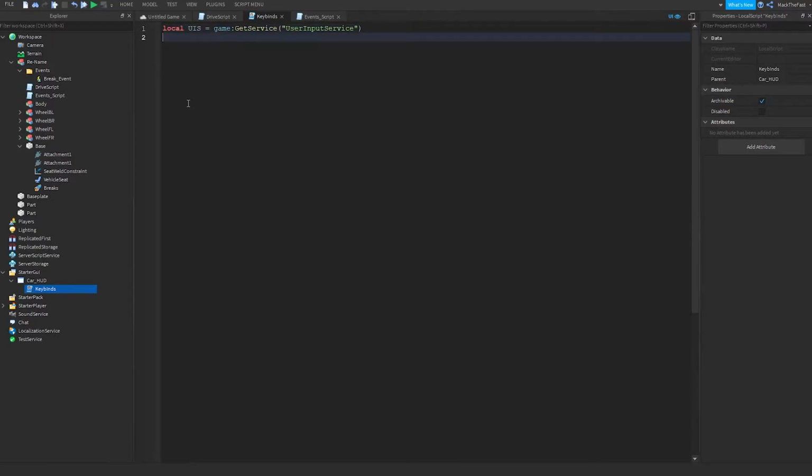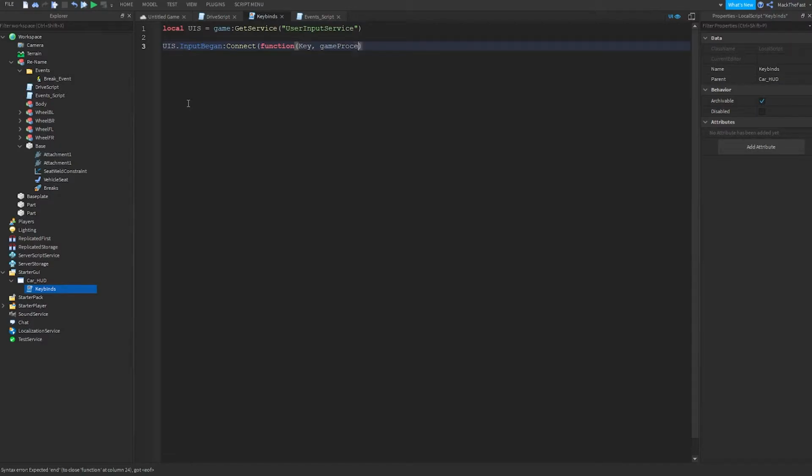So we're going to go local UserInputService. So we're going to want to go UserInputService dot InputBegan. So when you press a key, connect function. Now there's this little thing, so you can have input, so we're just going to go key comma